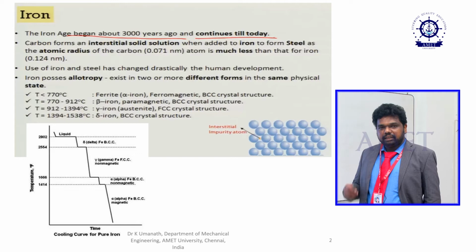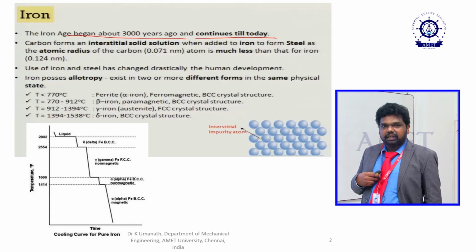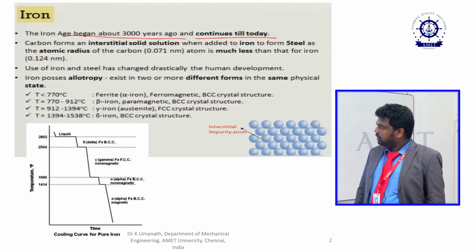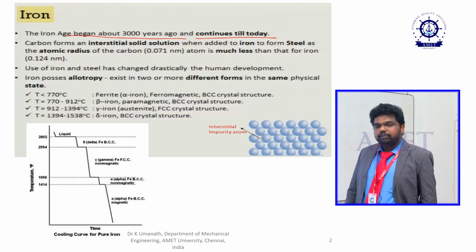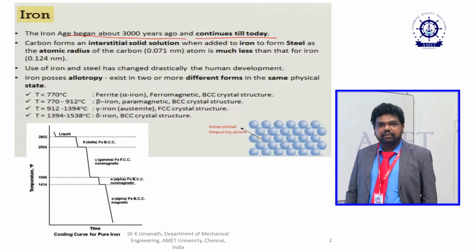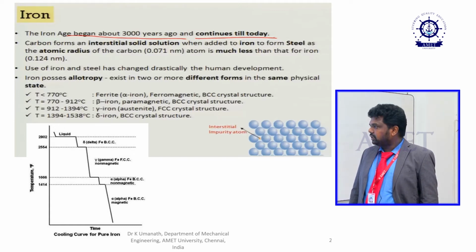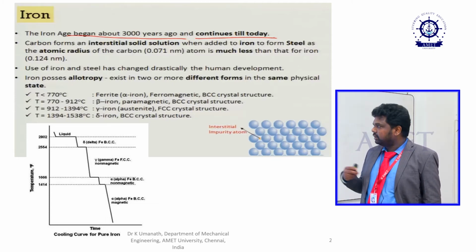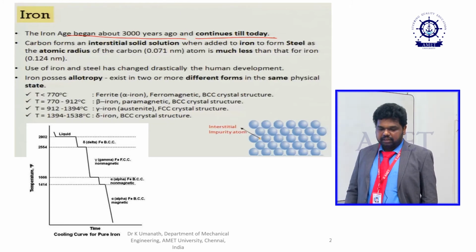So, let us discuss the phase formation of the iron carbon diagram. Before going to discuss the iron carbon diagram, we are going to discuss the base, 100% pure iron. In pure iron, normally three kinds of iron formations occur. Below 770 degrees centigrade you get alpha iron, which has a BCC crystal structure and is a ferromagnetic structure. Then after 770 degrees centigrade you get beta iron. That beta iron is a paramagnetic structure, where the metal lost its magnetic content.